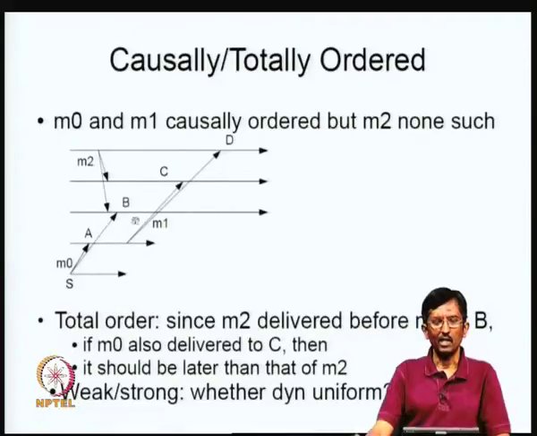So, again, if you are designing the causally ordered thing, you have to do these vector clocks. And because, as I mentioned, in a group communication system you know how many processes there are, therefore vector clocks are definitely feasible. And then you can figure out what things are causally ordered, and when you do the delivery, you look at the vector clocks and decide whether to do it or not. Depending on the vector clocks, you can figure out which order it has come in, and then do the appropriate delivery.